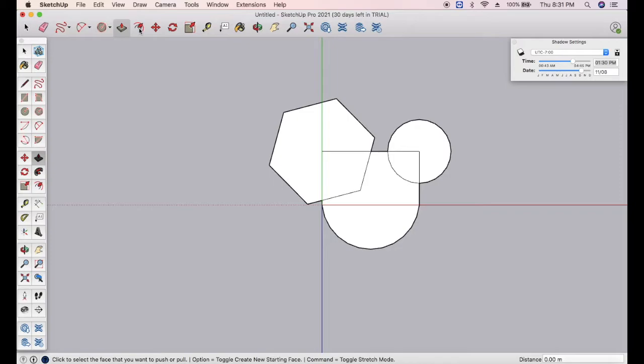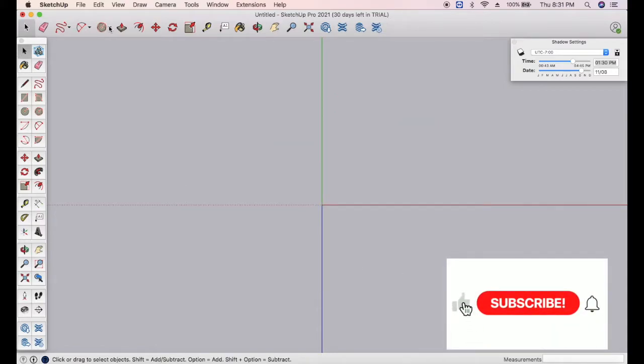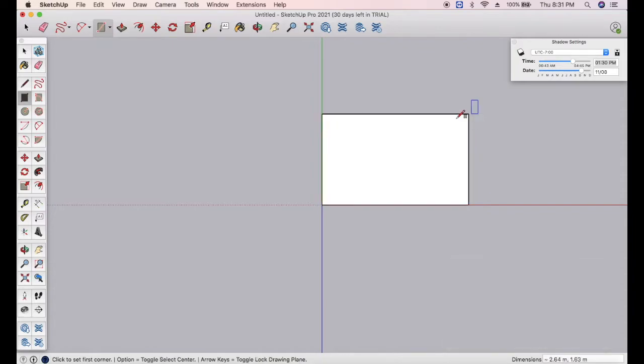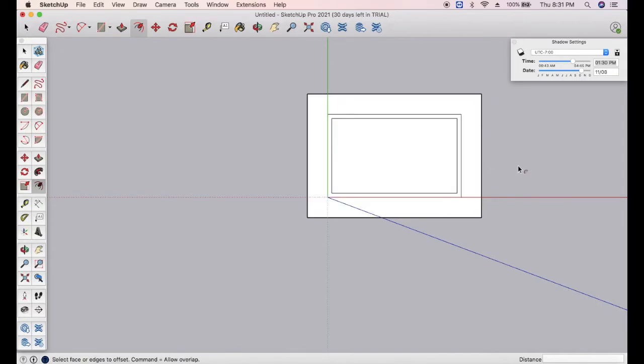Next is basically your offset command. So before the offset command, let us clean this diagram. Let us form, let's say, a rectangle, right? And now for the offset command, we need to select the edge for which we want to do the offset. You can do the offset on the outside, or if you wish you can do the offset on the inside too, right? So this is the offset command.